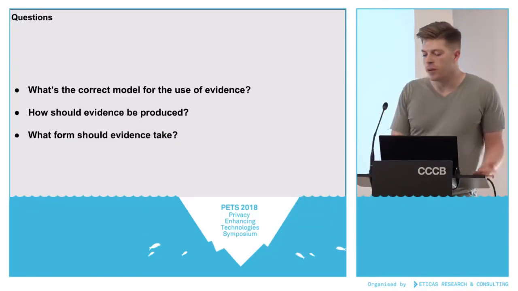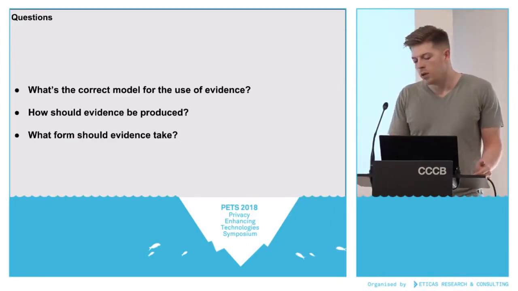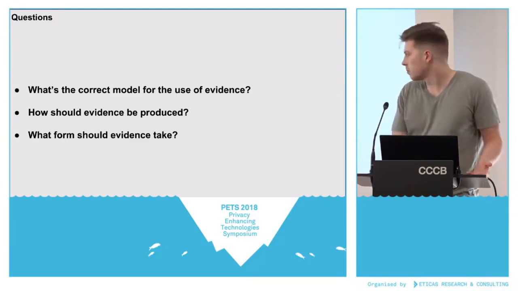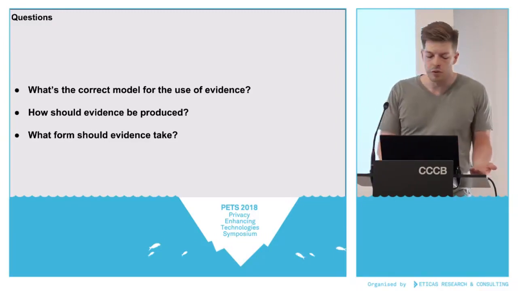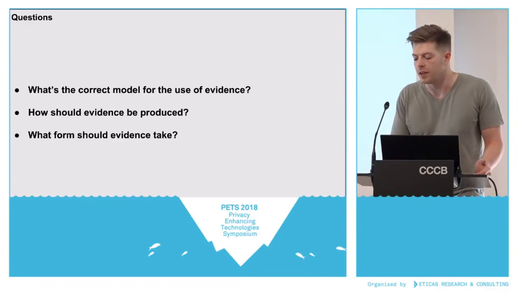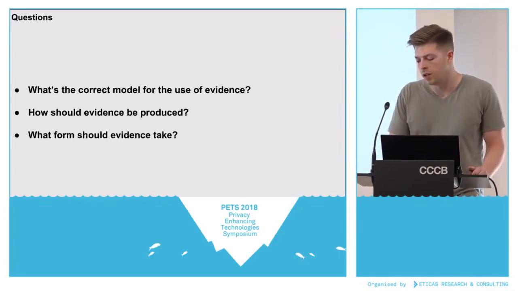So I'll go over three main open questions that I think are pretty important. First, how are we going to deal with the role of evidence in a sensible way? So what's a good model to approach the question? How should evidence be produced? There's obviously the cryptographic idea that we want really high quality evidence that has very strong guarantees and so on. And then what form should the evidence take, which is a bit more tricky, as that depends on who you're going to present the evidence to. And so this is more or less what I'm going to talk about,